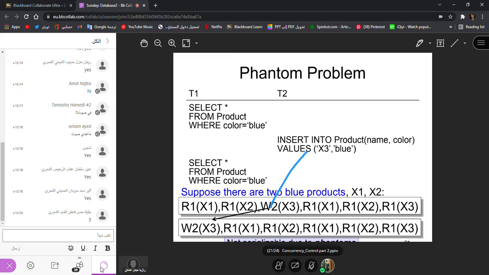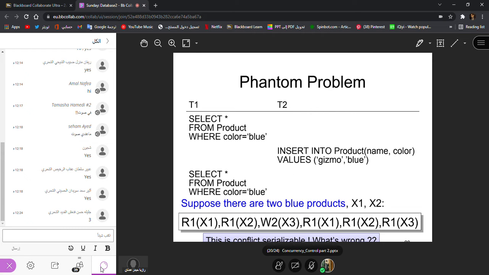This one is for this one, and these all are for this one. Okay, so this is a schedule for this one.